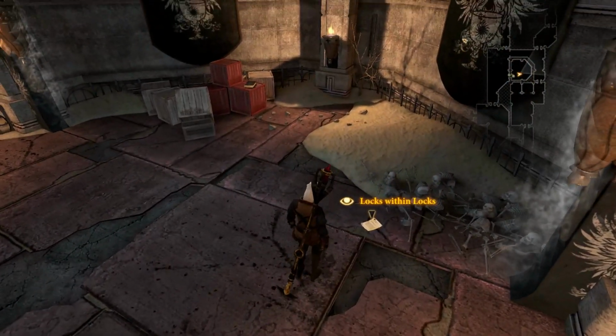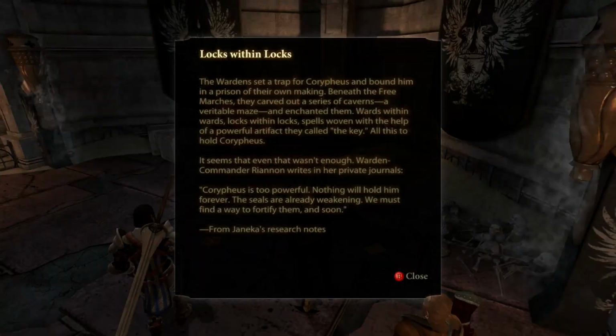That has a note on the floor called Locks Within Locks. The warden set a trap for Corypheus and bound him in a prison of their own making. Beneath the free marches, they carved out a series of caverns, or vertical nades, and enchanted them. Wards within wards, locks within locks, spells woven with the help of a powerful artifact they called the Key. All this to hold Corypheus. It seems that even that wasn't enough. Warden Commander